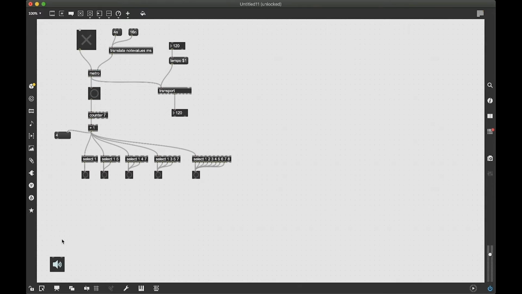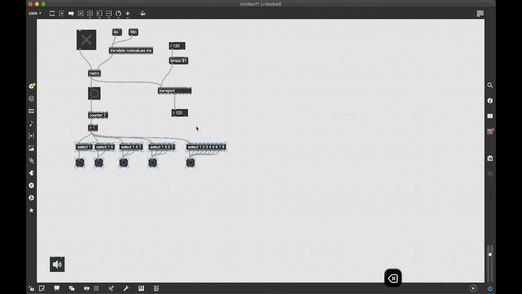So instead of working with that boring click sound, what I'm going to do is work with a synthesizer. So Max can host any VST synthesizers. We can, of course, create our own instruments in Max, but I'm not going to do that today. I will just work with an existing